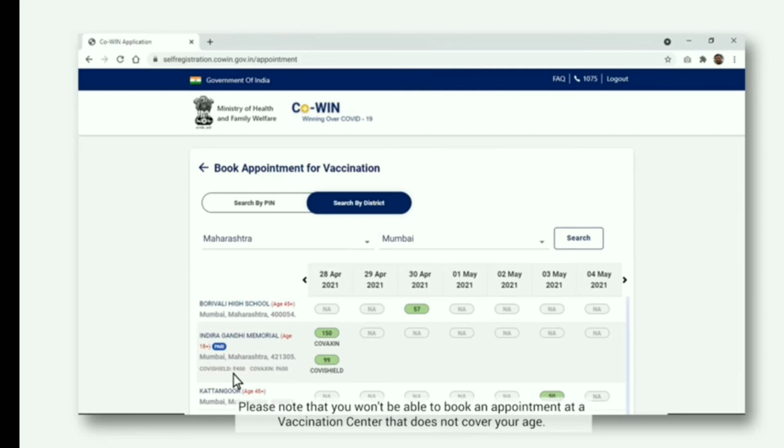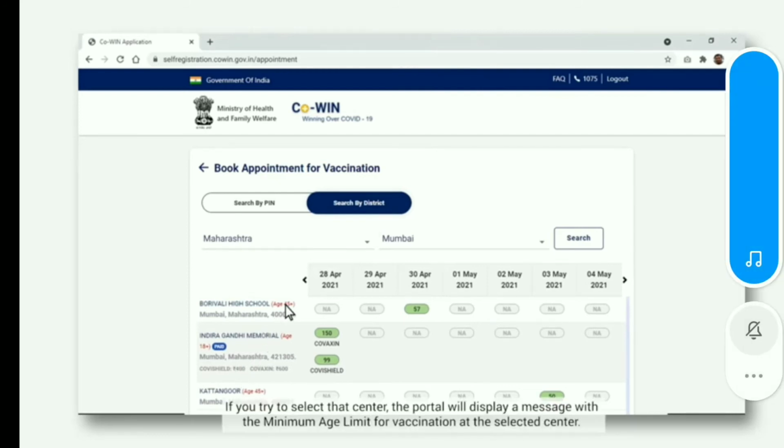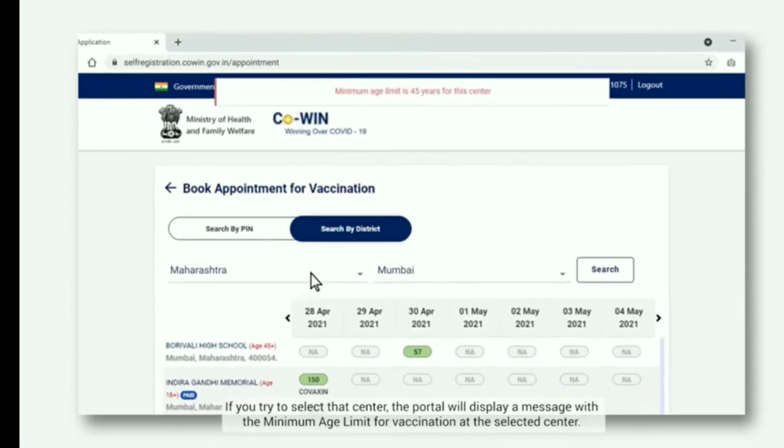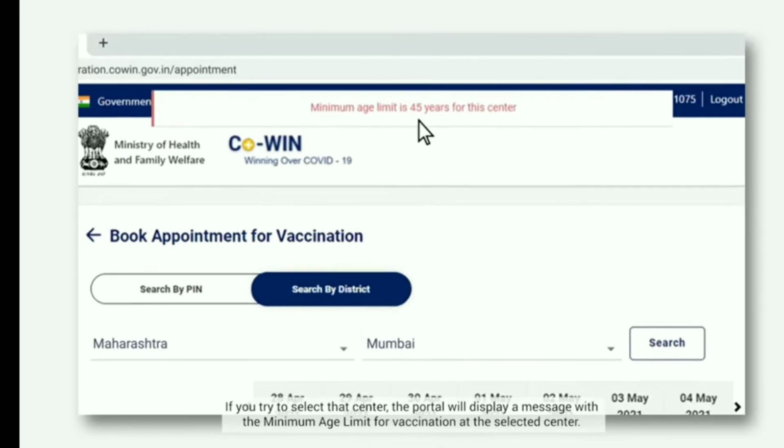Please note that you won't be able to book an appointment at a vaccination center that doesn't cover your age. If you try to select that center, the portal will display a message with the minimum age limit for vaccination at the selected center.